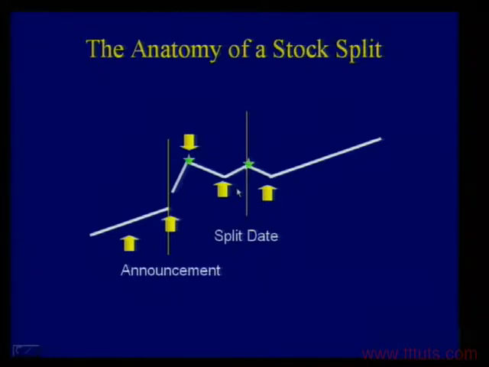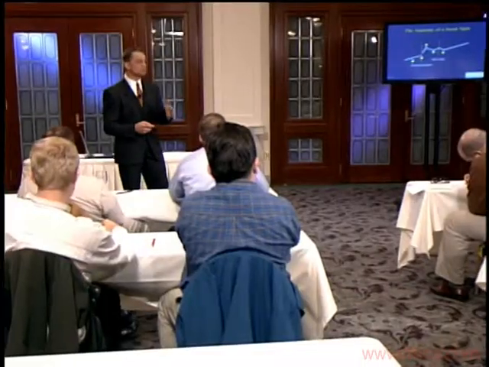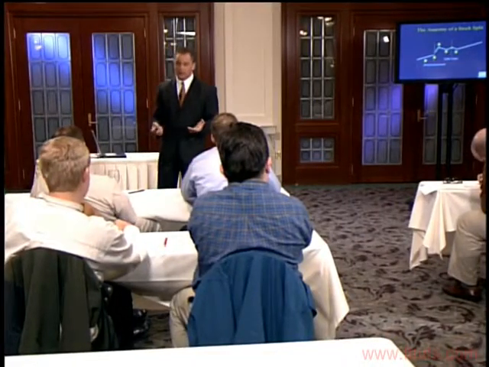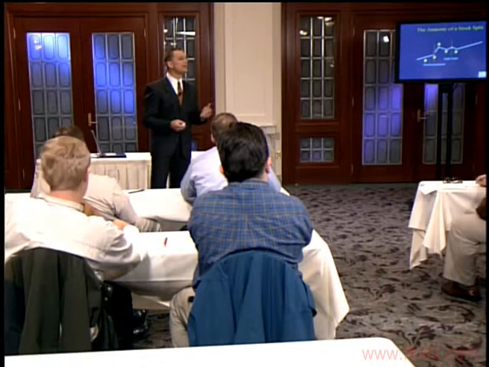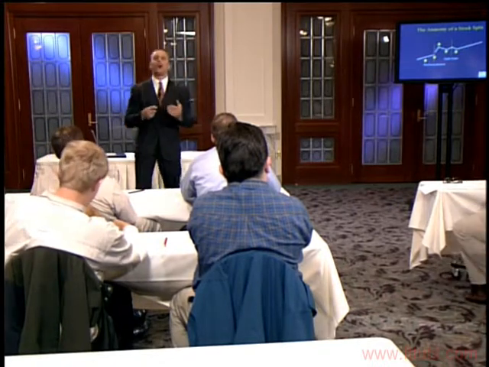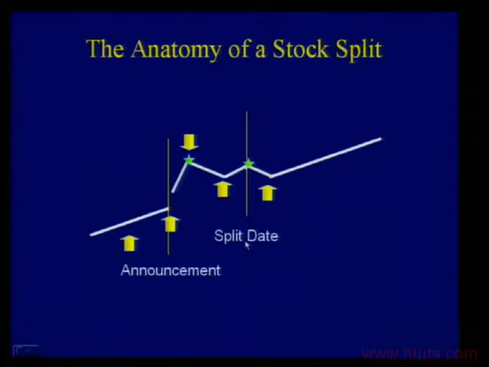Now, you can tell a pre-split run by the volume of the stock. Volume is kind of the tip-off. It's going to let you know what's coming next. Okay? So the volume may be building, and because we know there's a split date in the future, that's what's happening. Big institutions are getting involved. And then sure enough, we have the split date right over there. This little yellow arrow right over here, the post-split depression, and then it may continue.